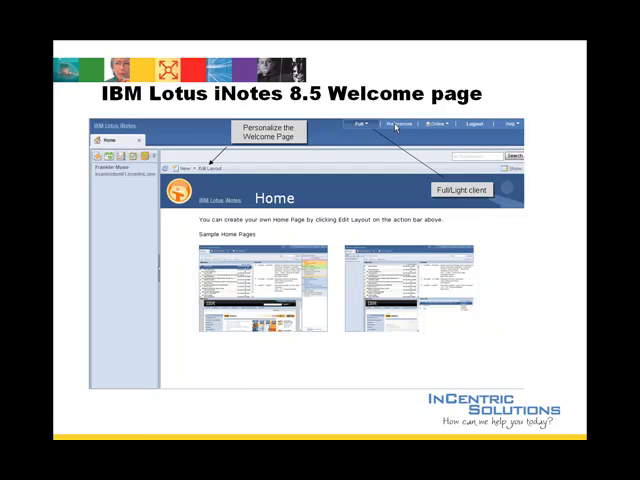access your user account preferences, log out from the client, and find context-sensitive help. Here you can also personalize your home page to display quick links to view items you want to review first, such as your inbox, your daily events, and a web page. The navigation bar on the left